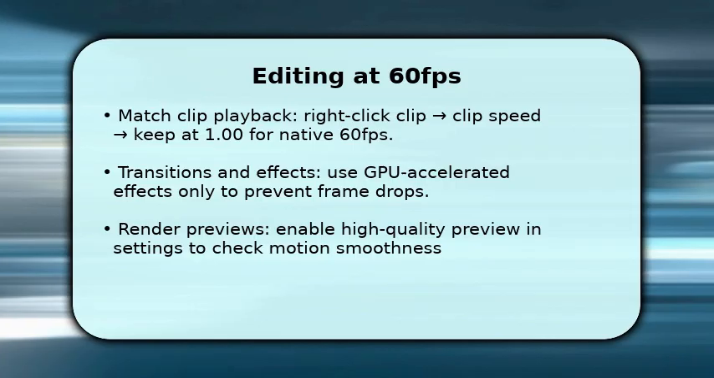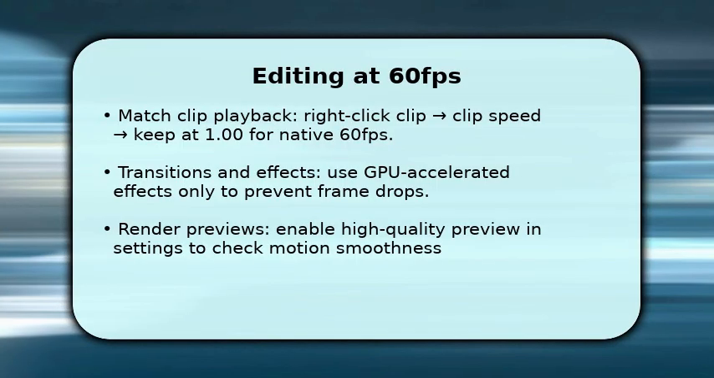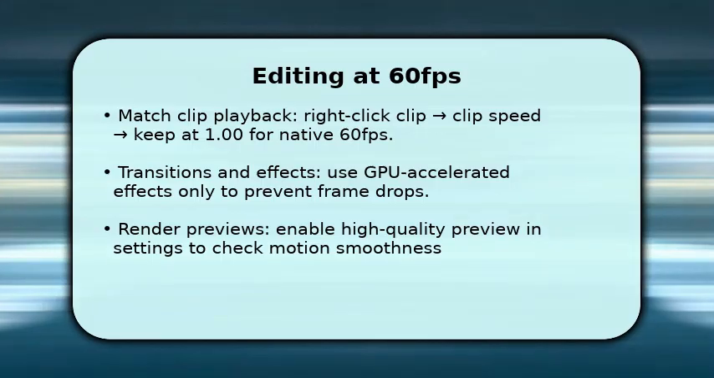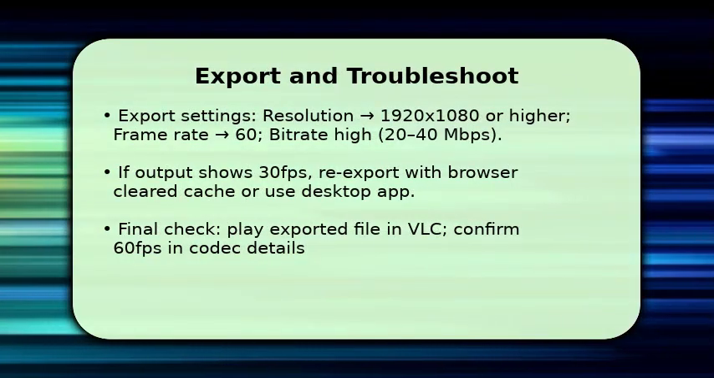While editing, watch playback performance. If frames skip, reduce preview resolution rather than changing project frame rate. This maintains a consistent finish by exporting with explicit settings. Choose 60 FPS in the export dialog, pick resolution 1080p or higher, and set a high bitrate so motion remains